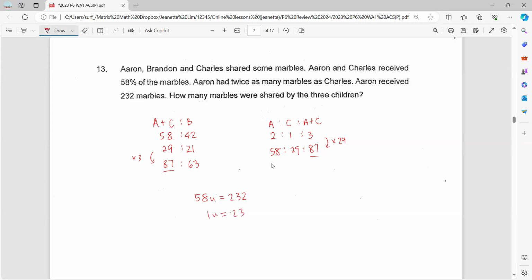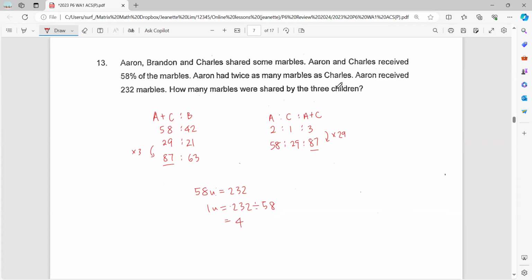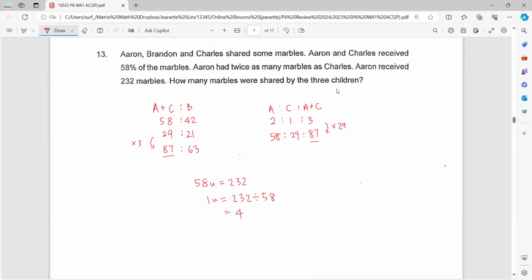1 unit is 232 divided by 58, which gives us 4. We're trying to find the total shared by the 3 children. So to find the total, I will add A plus C and B. So 87 plus